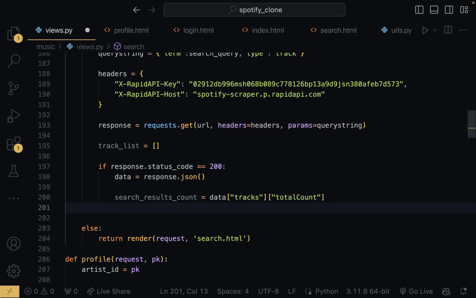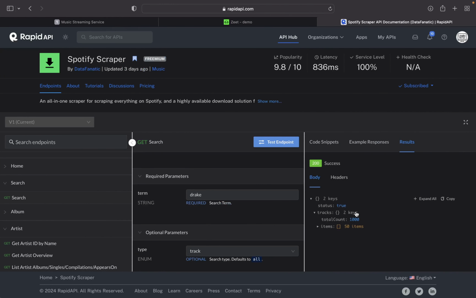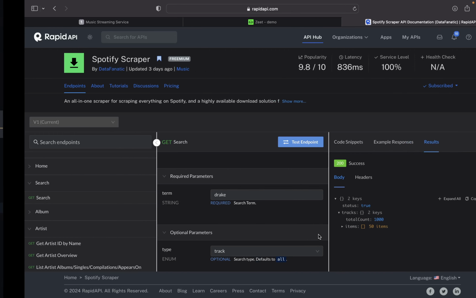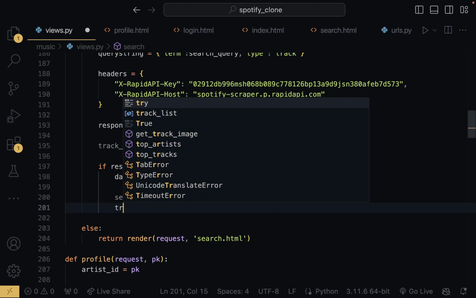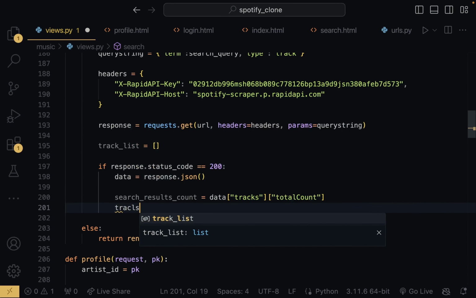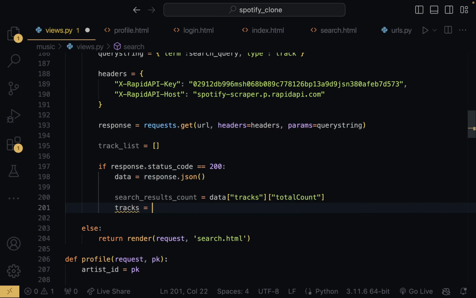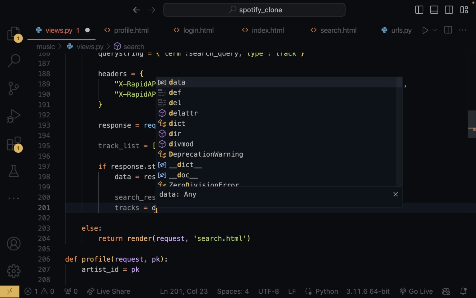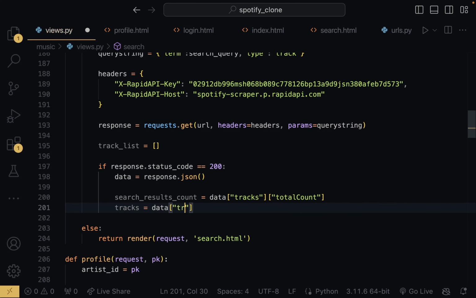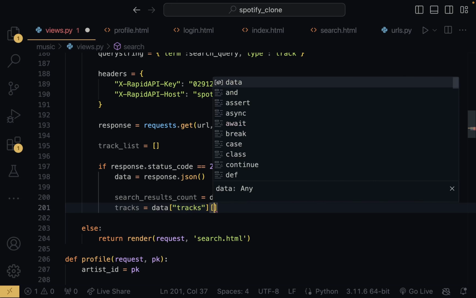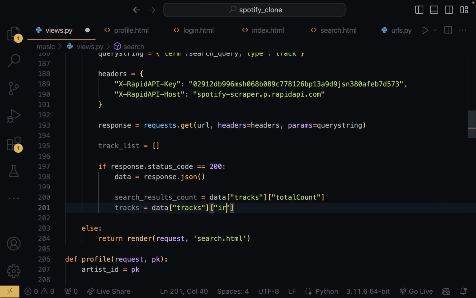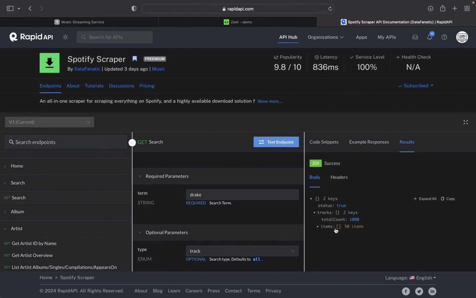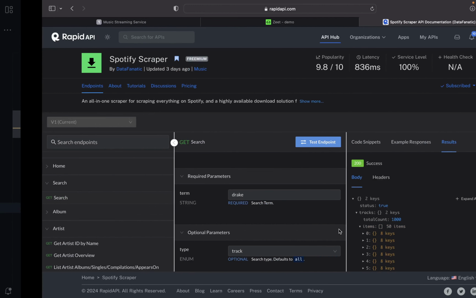Now the next thing we're going to get is the whole tracks itself. So we just got the total count, but now we want to get all of these items right here, which is a list of all the songs or all the tracks in dictionary format. So now I'm going to say tracks equals data square bracket tracks square bracket items. Good. So now we have this particular result, all of these 50 tracks stored in